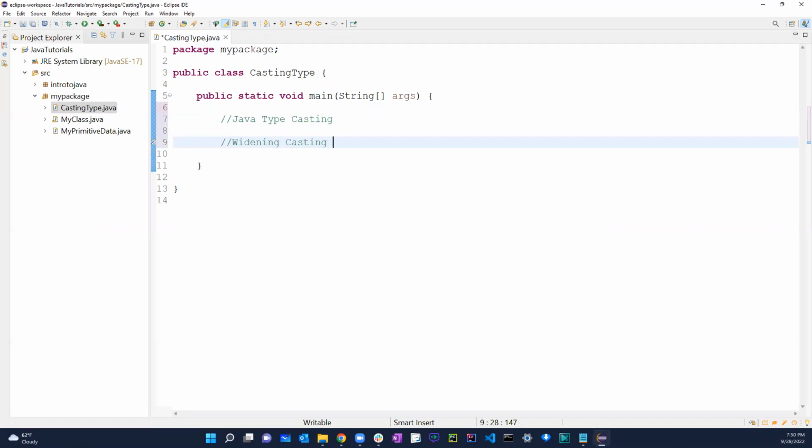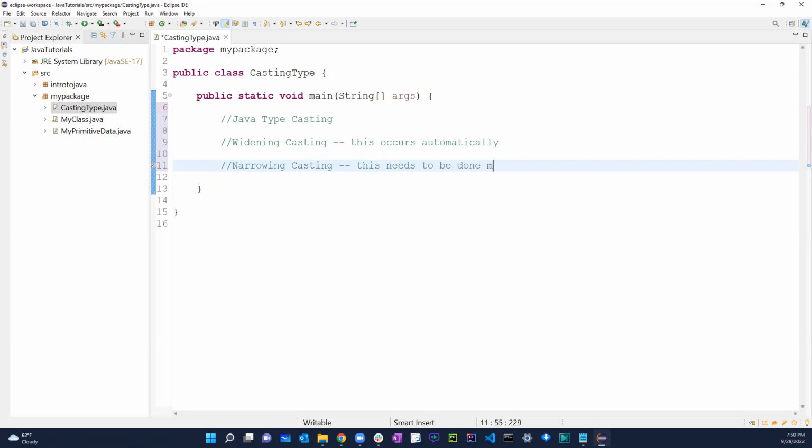widening casting. This occurs automatically. And then we have narrowing casting. This needs to be done manually. Okay. Now, so what does this mean is